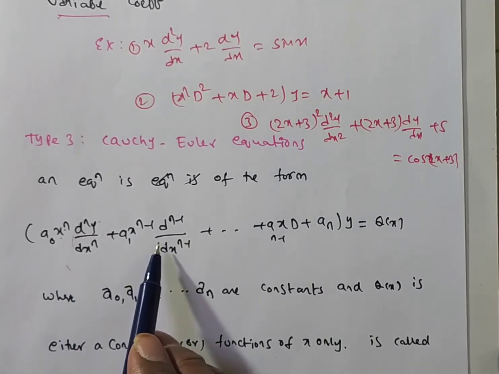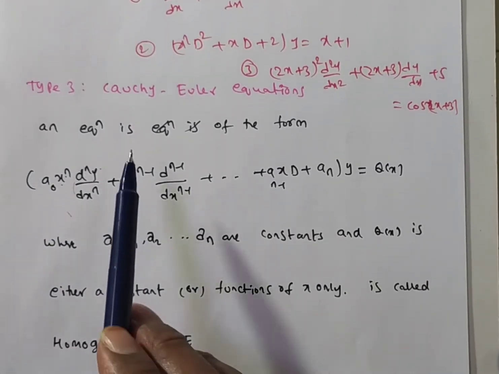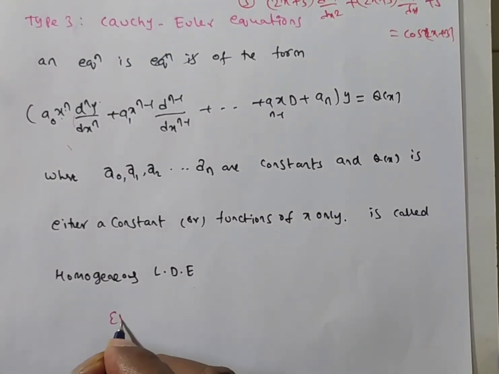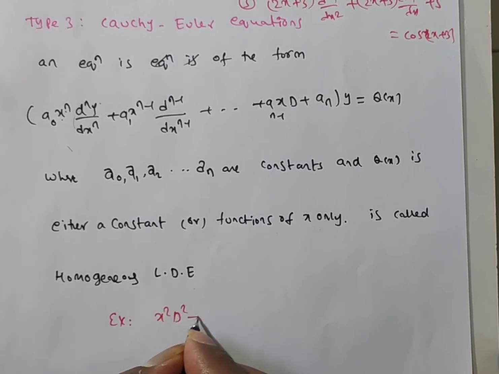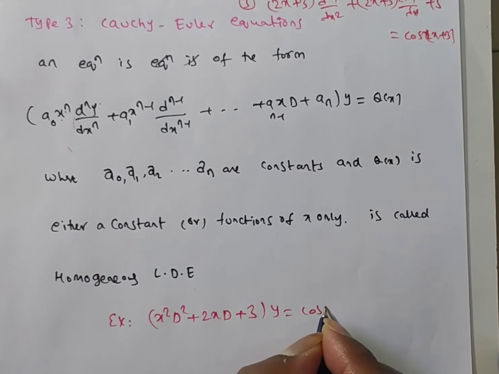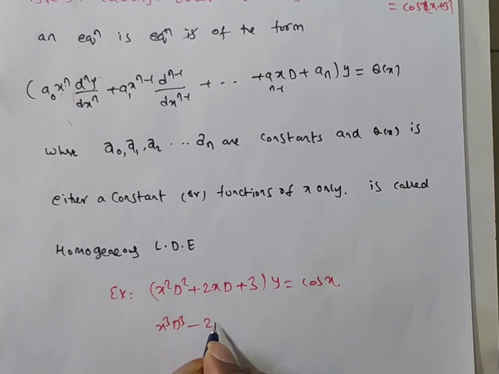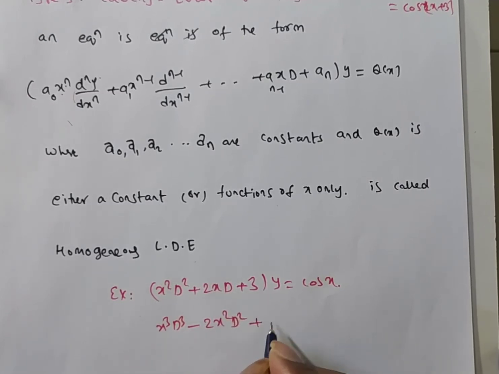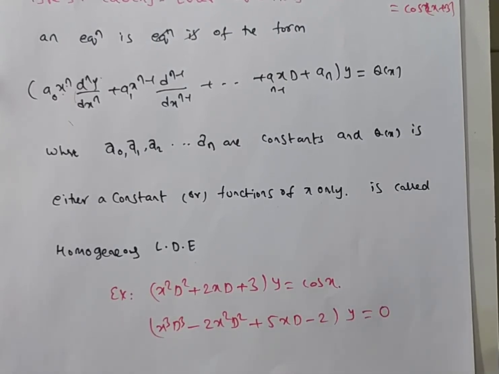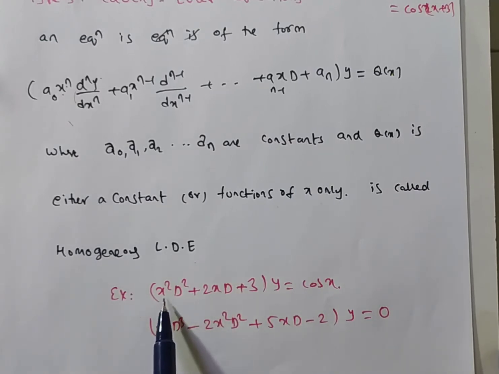is equal. Okay, so this one you can say homogeneous linear differential equation or simply Euler-Cauchy equations. For example, I am giving some examples for this. x square D square plus 2xD plus 3 into y is equal to cos x. One more example, x cube D cube minus 2x square D square plus 5xD minus 2 into y is equal to 0. So these are examples of the Cauchy-Euler equation, because the coefficient of D square is x square, the index of x